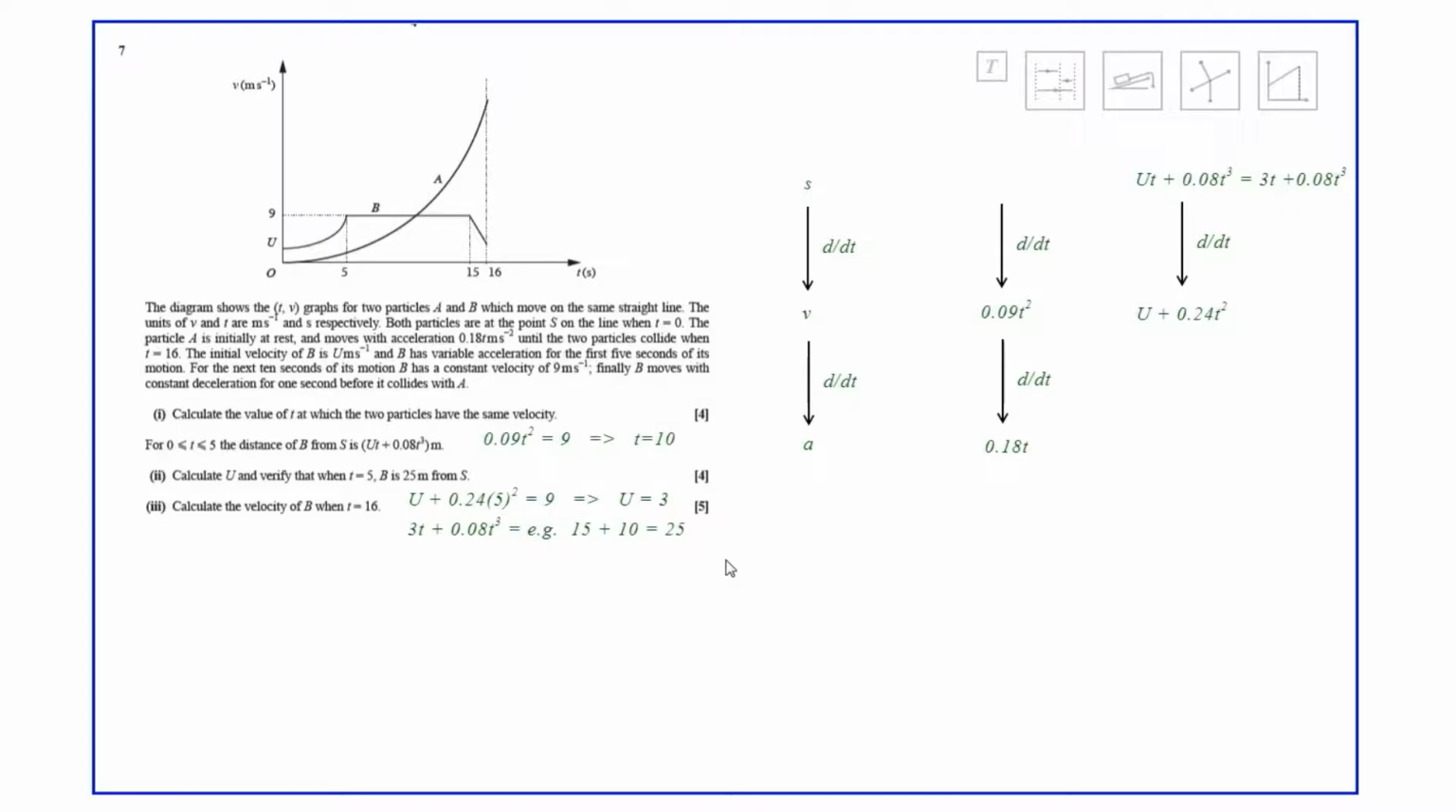And then finally, calculate the velocity of B when t is 16. The key here is to find out the total distance covered by both particles. In both cases we're talking about the area under the graph. For particle A, what is the area under the graph? What is the displacement function for A? Here we need to integrate 0.09 t squared, giving 0.03 t cubed,